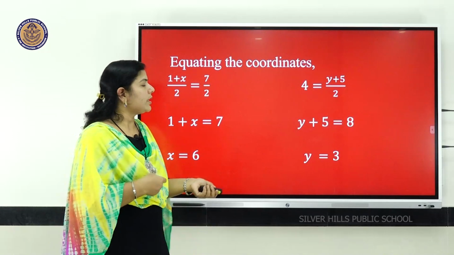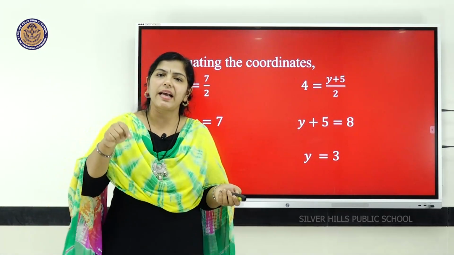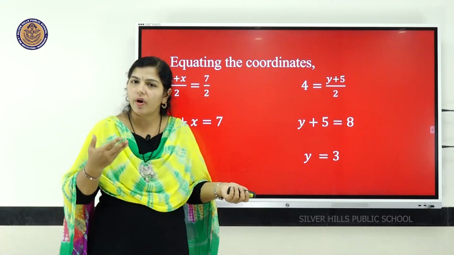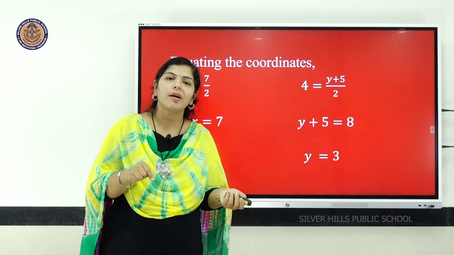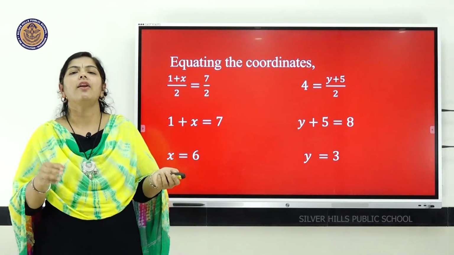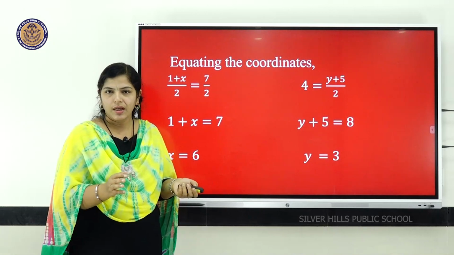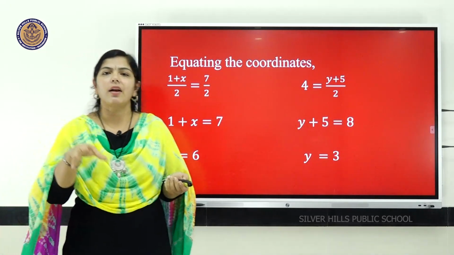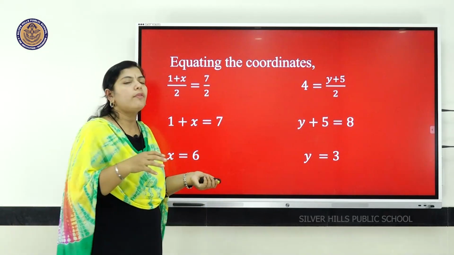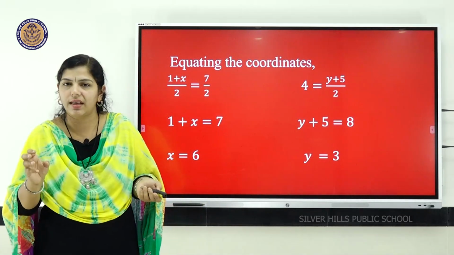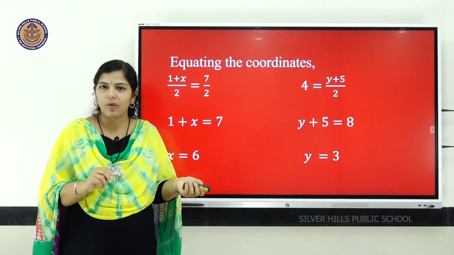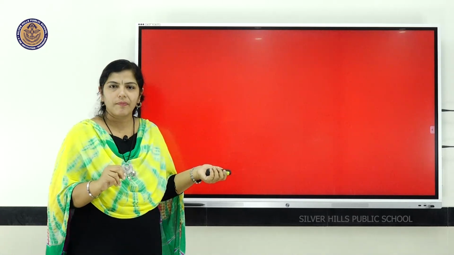So, we did all these things to find the values of x and y, and we got them using the midpoint formula. It is a parallelogram and we use the property of a parallelogram, that is, the diagonals of a parallelogram bisect each other. So, what we have studied about parallelograms, we have applied here, and we used the midpoint formula to find the values of x and y. So, we got the vertices of this parallelogram. Okay, hope you have understood this.